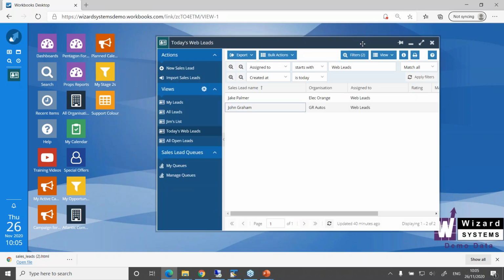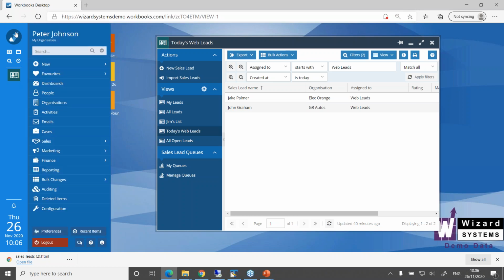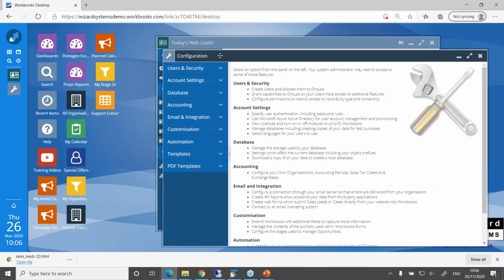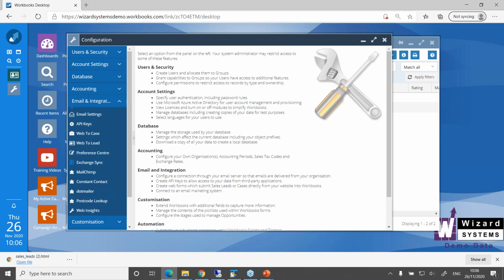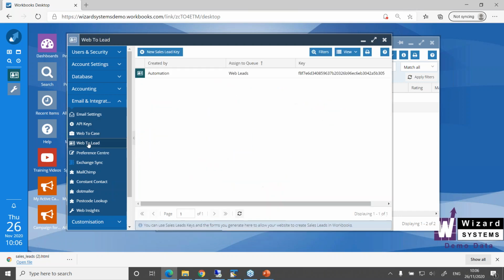So a typical form for that is generated and customized according to your requirements. But you do have a little bit of setup to do within Workbooks in the first instance. So if I click on Start here, the area is in configuration, done by your administrator, or if you have the capabilities to get to this area, you can do this. And the feature we're looking for is under the email and integration area. Down here, we've got web to lead,